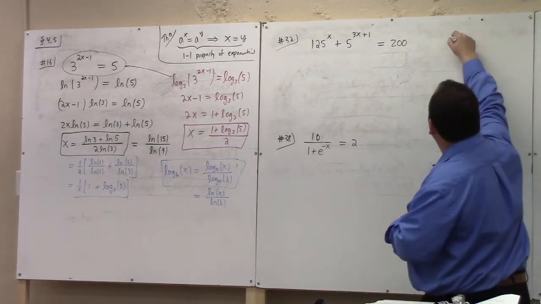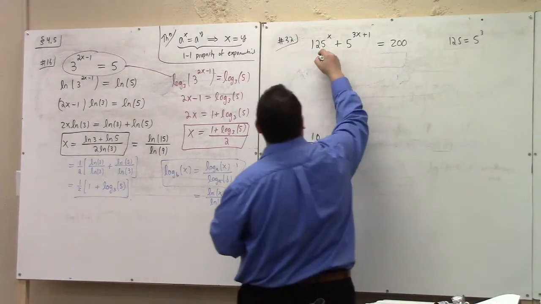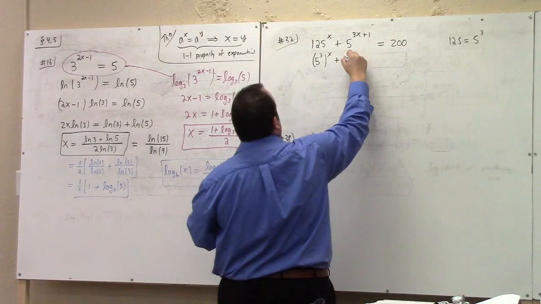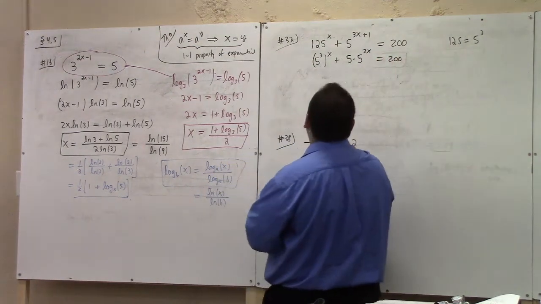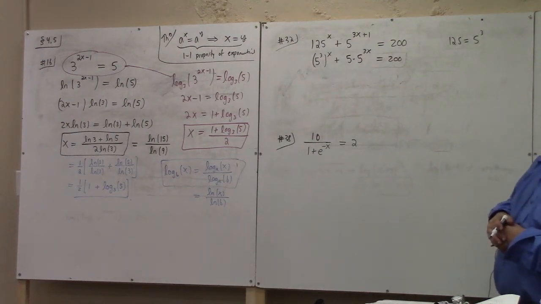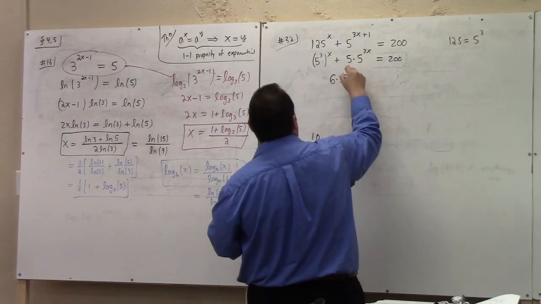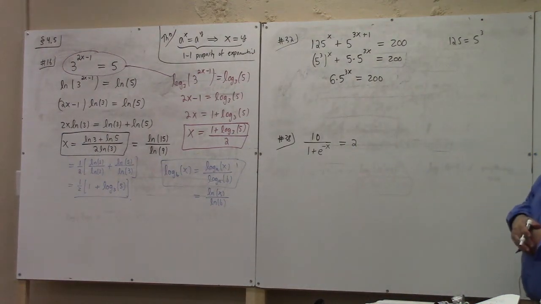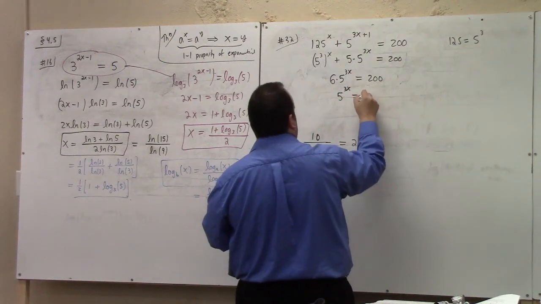Oh, how about this? 125 is what? 5 cubed, right? So what we're looking at is really 5 cubed to the x power plus, well, the second term is actually 5 times 5 to the 3x power, isn't it? So what we're really looking at is 5 to the 3x plus 5 times 5 to the 3x. In other words, what we really have is 6 times 5 to the 3x equals 200. Or we could divide the 6 to the other side, right? So we've got 5 to the 3x is equal to 200 over 6. And now